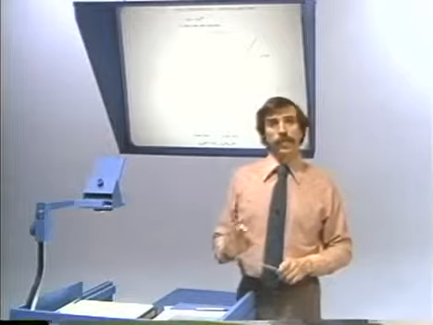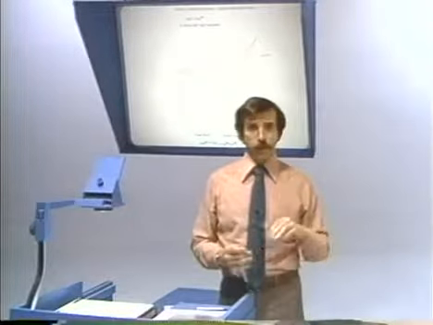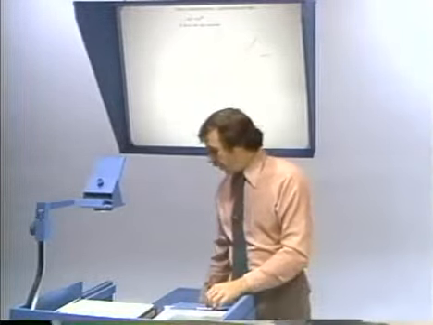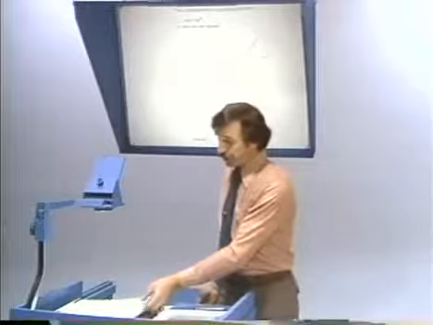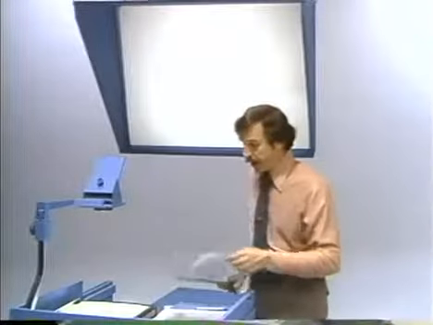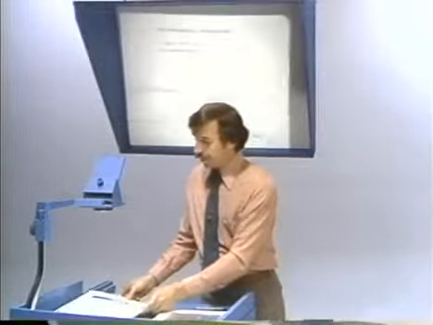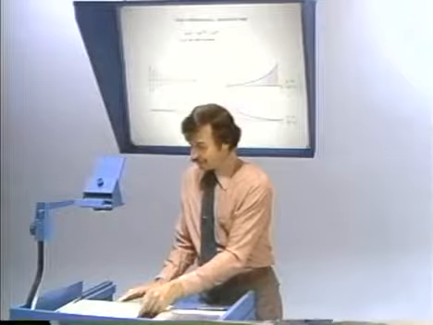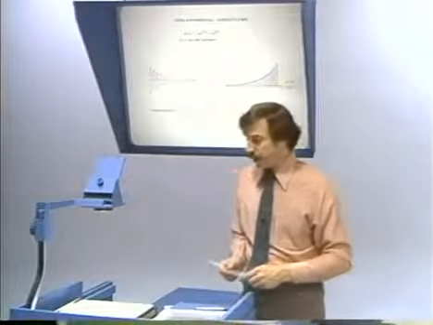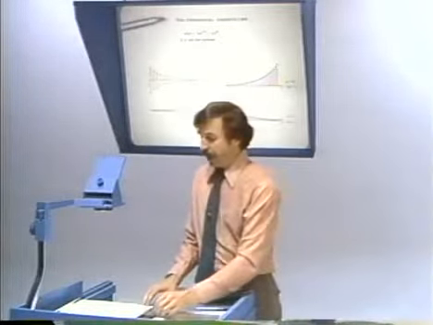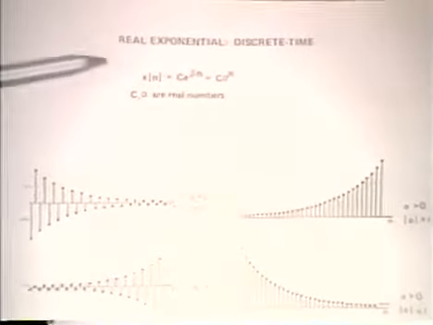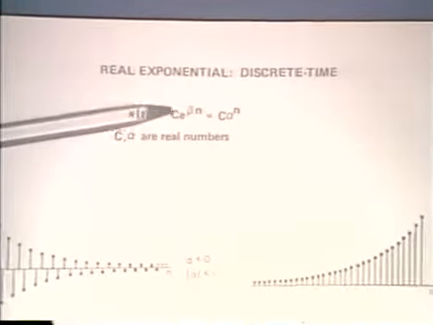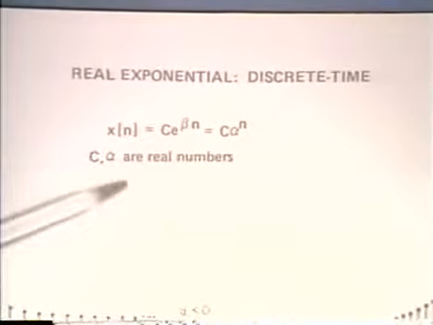Okay, so here's the real exponential, just c e to the at. Let's look at the real exponential now in the discrete time case. And in the discrete time case, we have several alternate ways of expressing it. We can express the real exponential in the form c e to the beta n,